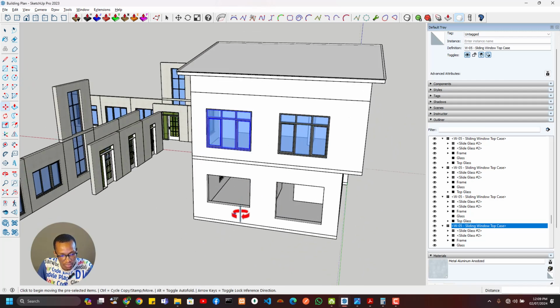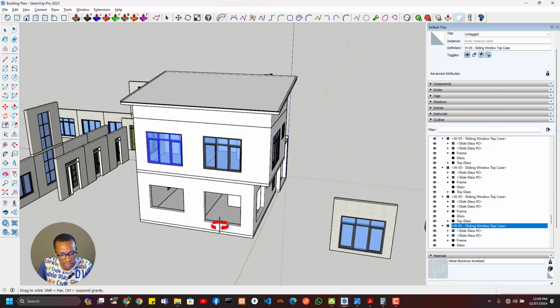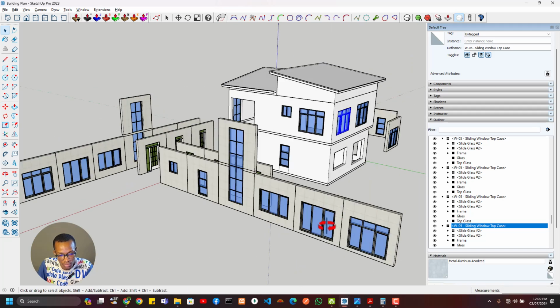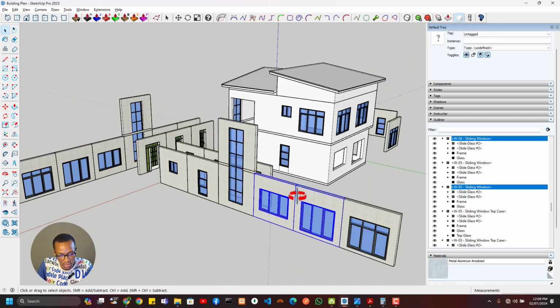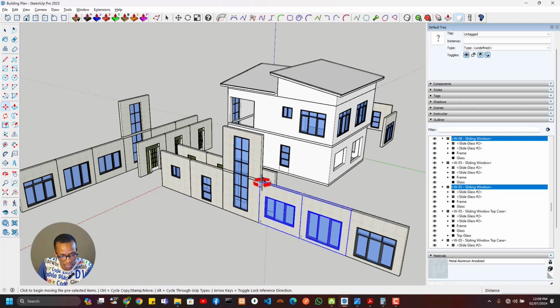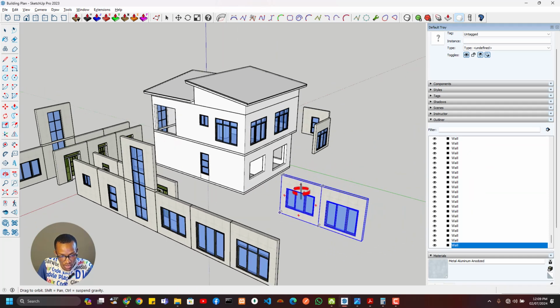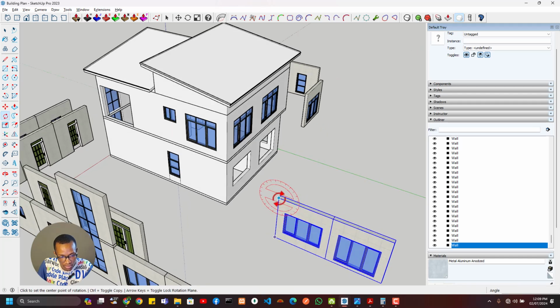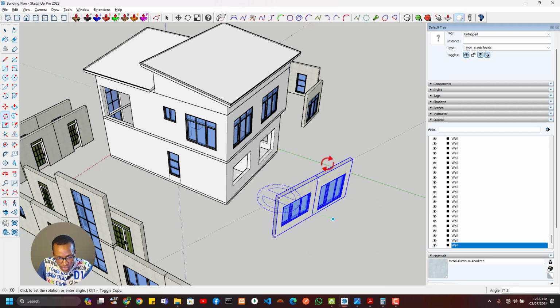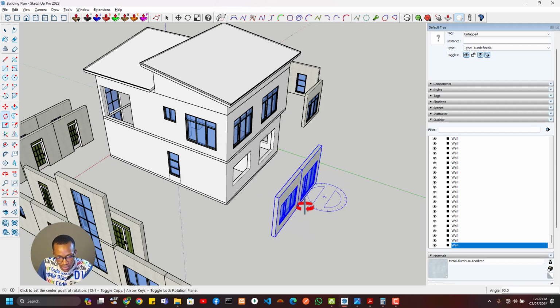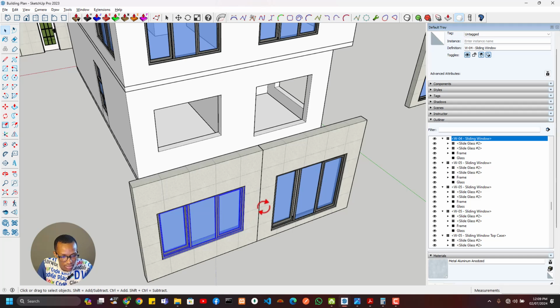So then the down window, right? So we have these two. This is the remaining two down there. So I'll just pick that out. Now I'm just duplicating them just because I'm still doing my placement, just in case I need it somewhere else, even though I know there's no other place I need that, but just in case,